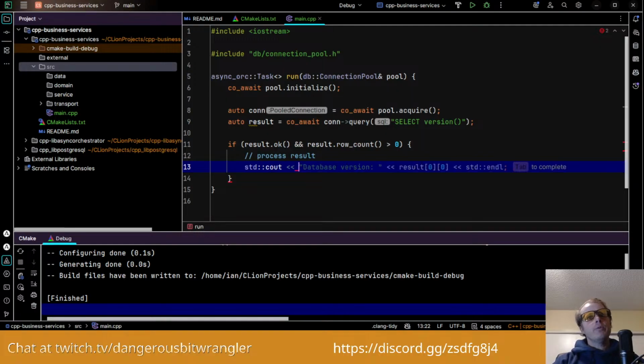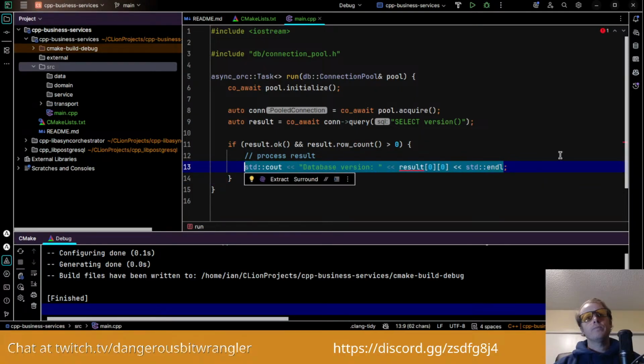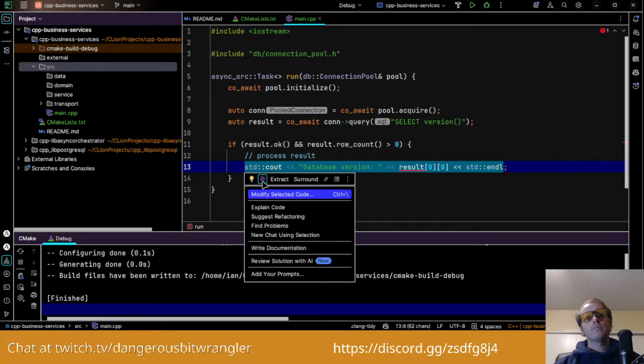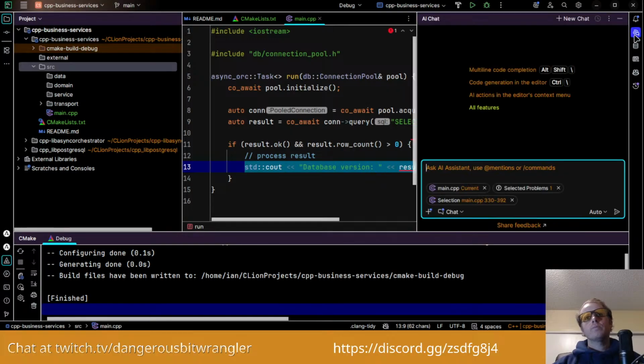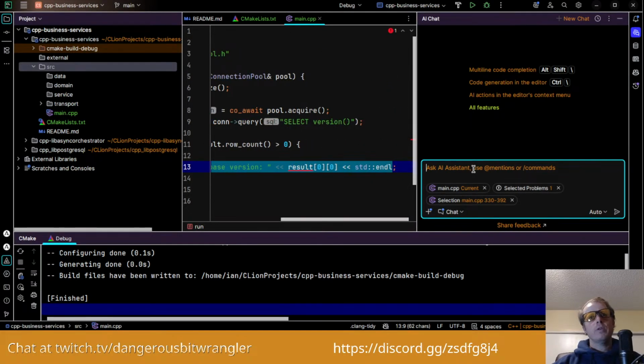All right, let's see what AI suggests here. Output the database version. Is inline actually the proper way to... I think that's correct, but